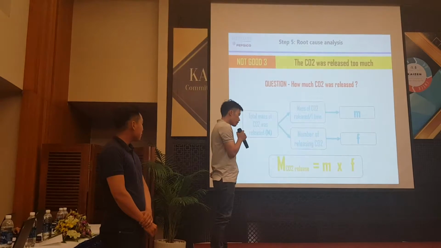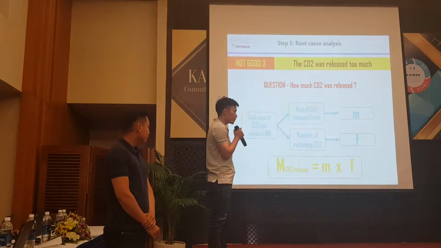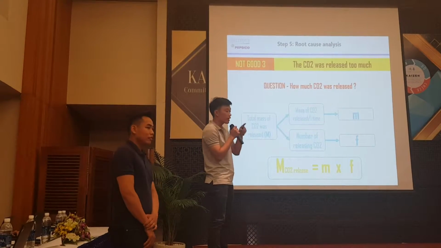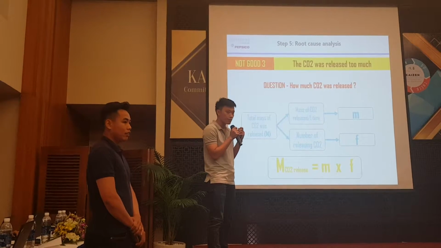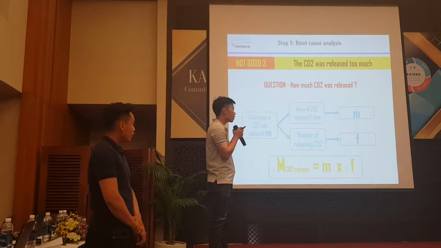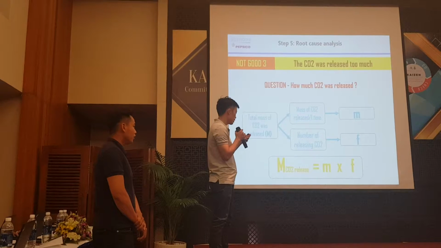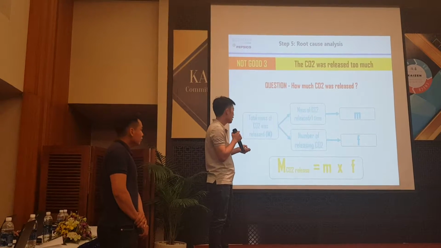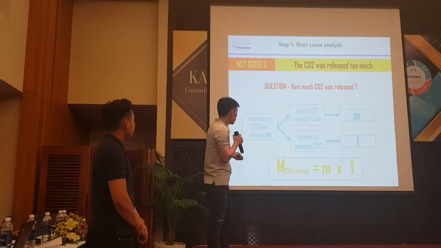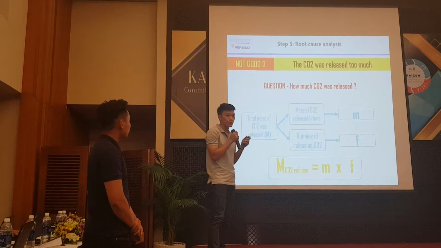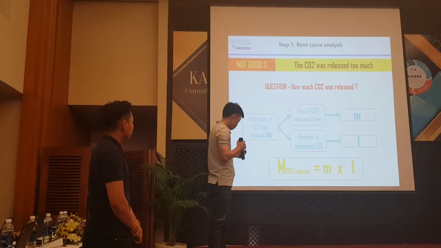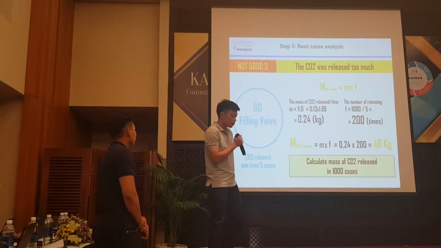The total mass of the CO2 released to the environment is equal to the mass of the CO2 released per ton, multiplied by the number of releasing. We call it N and F. And this formula shows the relationship between the two factors. And we calculate